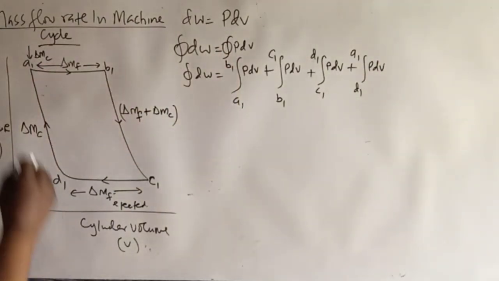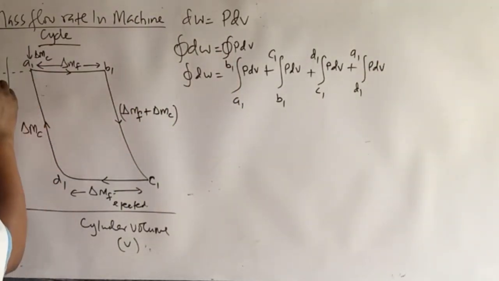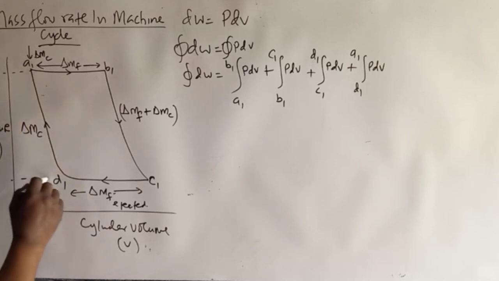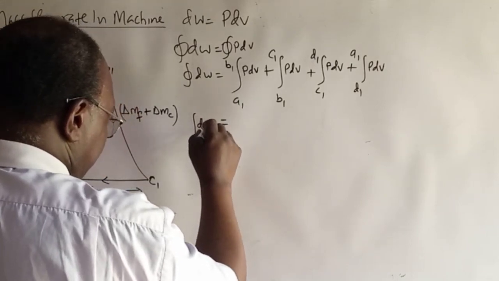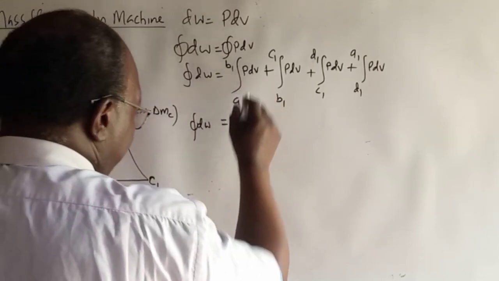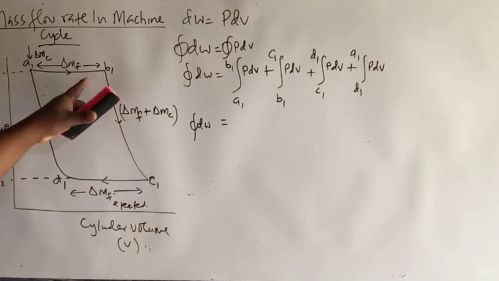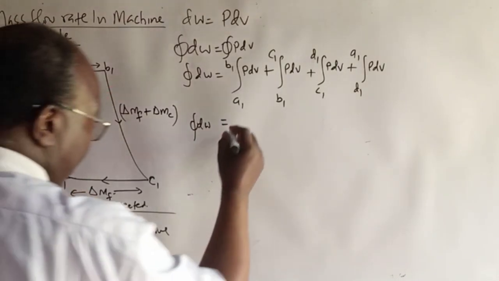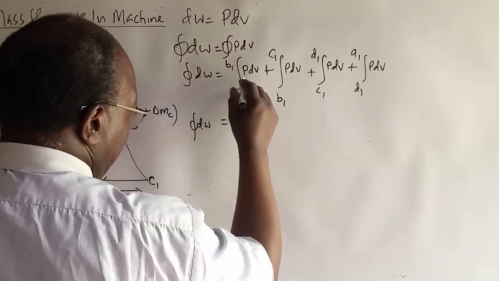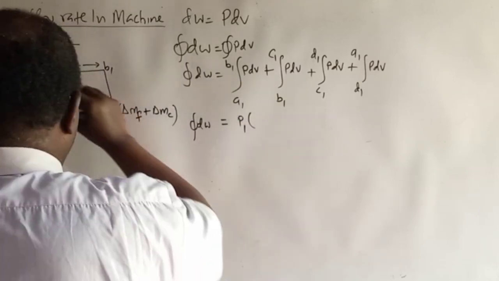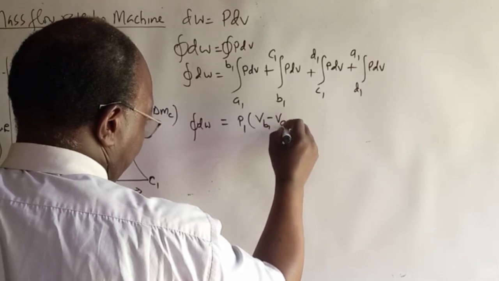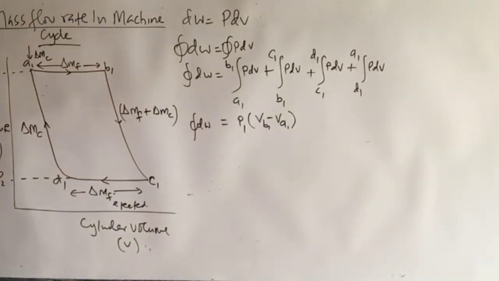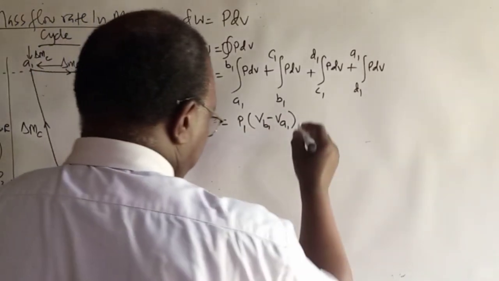Now, we know that the pressure here is constant, call it P1, and the pressure here is constant, that is P2. So for the work cyclic integral, for this first process, A1 to B1, you have P1 times V of B1 minus V of A1. Remember, V is the specific volume. And then plus